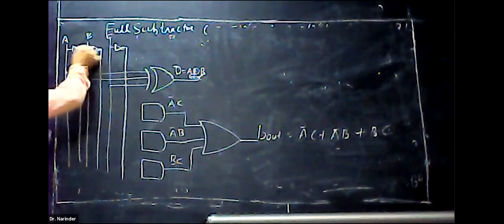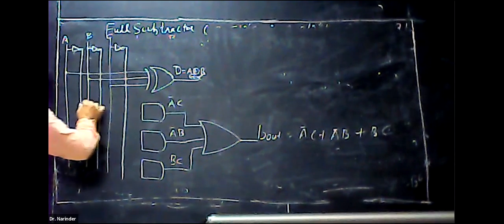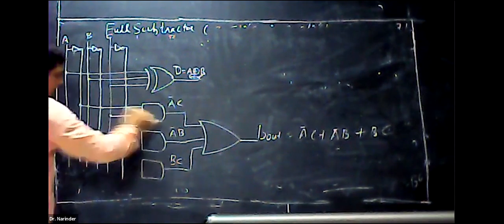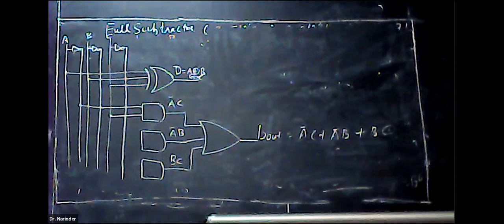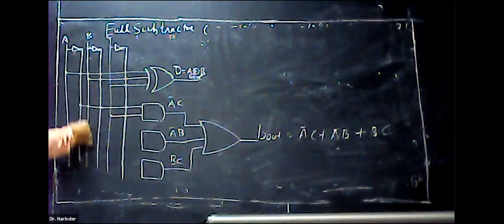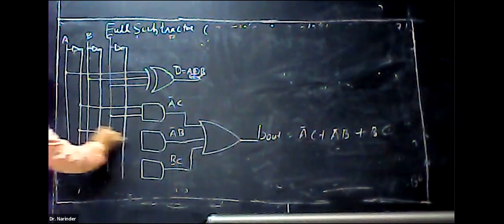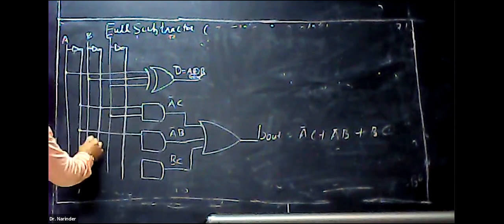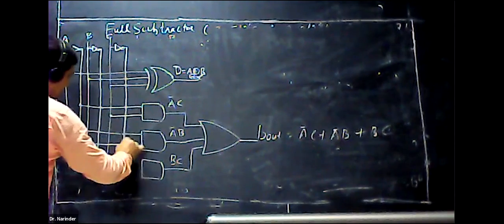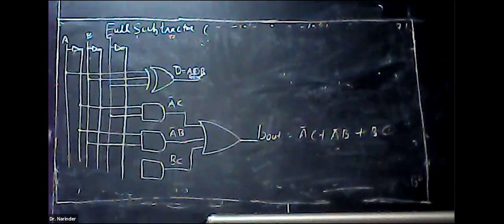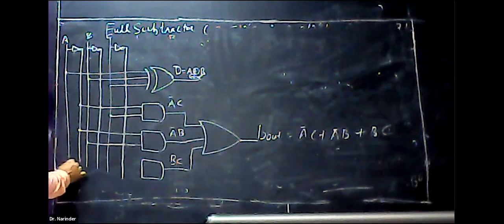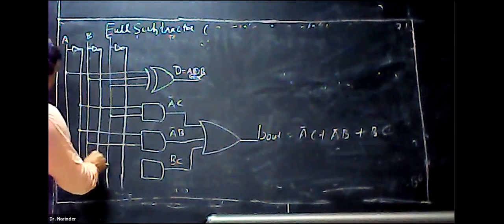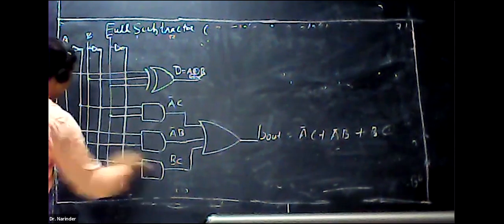This would be your A bar NOT gate. A bar C. This is C. Mark your dot. A bar NOT gate. This is your A bar. Mark the dot here. That would be A bar. Next is B. Join this B. Then there is a B, C. B. Then there is a C.